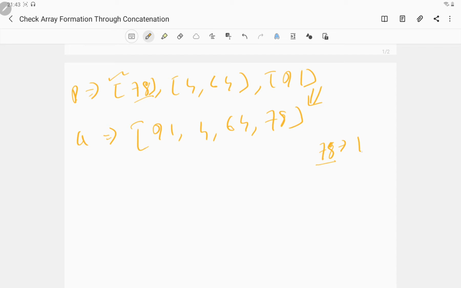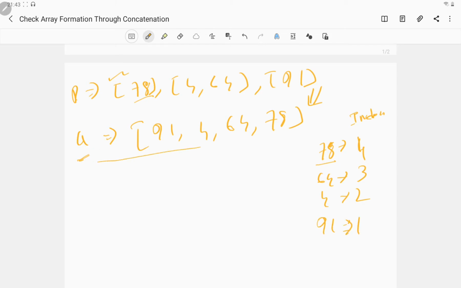For 78 I will store my index in our input array right here. For 78 my index is 1, 2, 3, 4, so it will be 4. Now for 64 my index is 3. For 4 my index is 2. For 91 my index is 1.